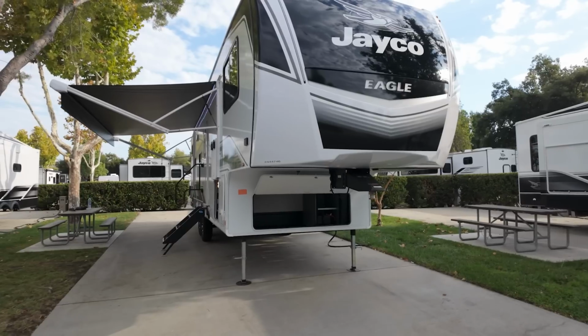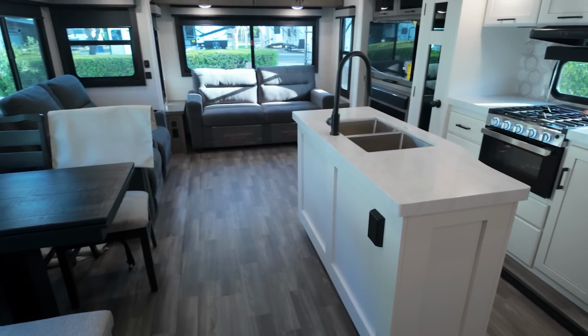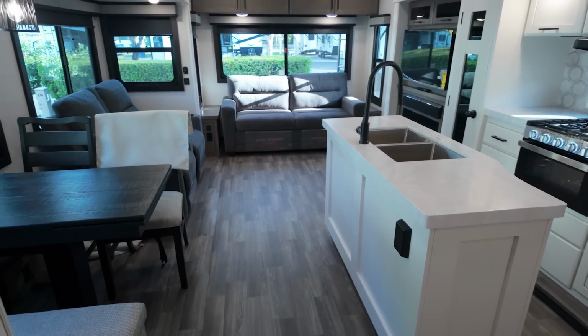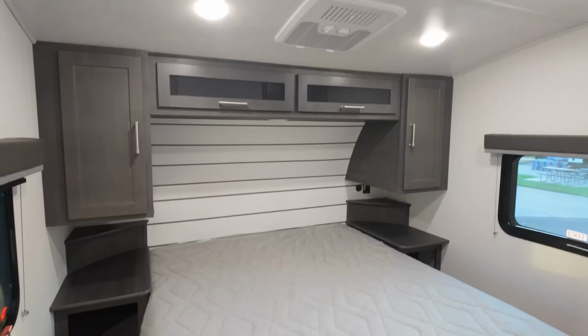If you're looking for a fifth wheel that can accommodate a larger family while keeping the length manageable, the 29DDB should definitely be on your short list. So now that we've seen a couple of options from Keystone and Jayco for the couples and the family, none of which cross that 35-foot threshold in length, and all of which come at a surprisingly friendly price tag, proving you don't have to break the bank to find a fifth wheel that you love, or at least I hope